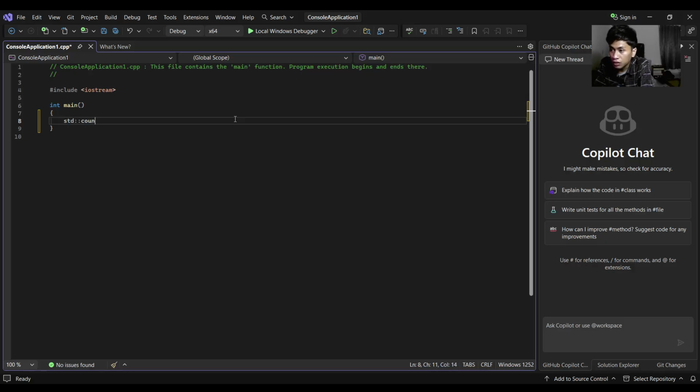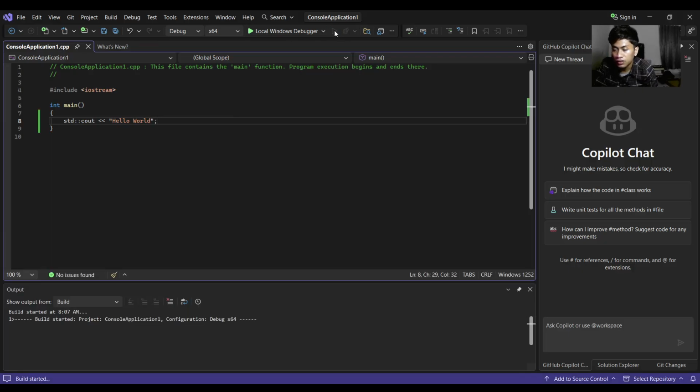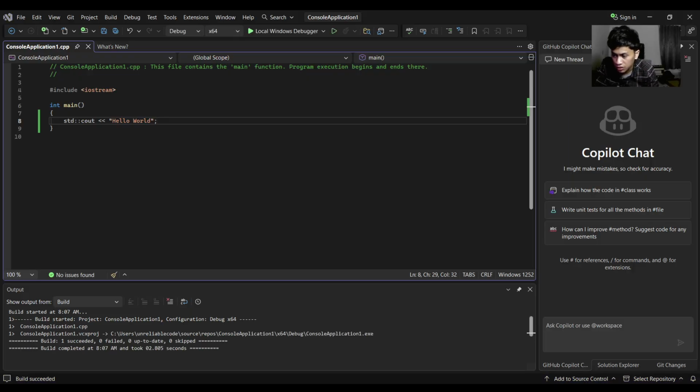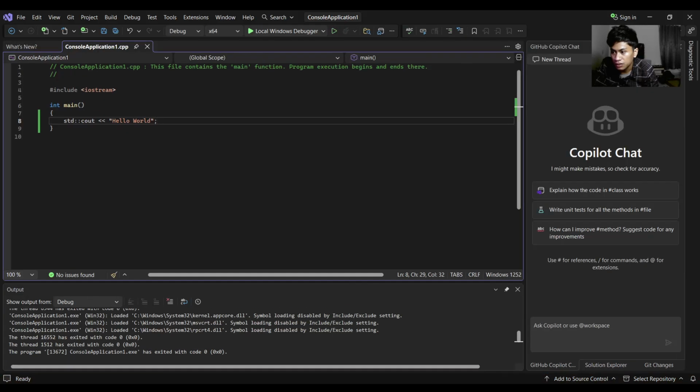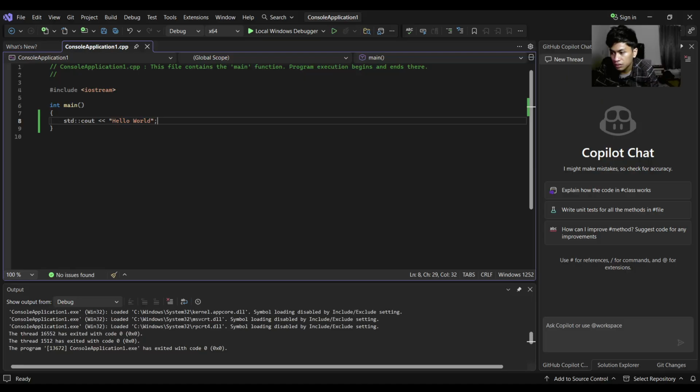std::cout and Hello World, and you can start doing it like this, and then you start the application. And as you can see, wait a minute, it doesn't record the console here. Hold up, I got the debug. Okay, the debug itself doesn't show its